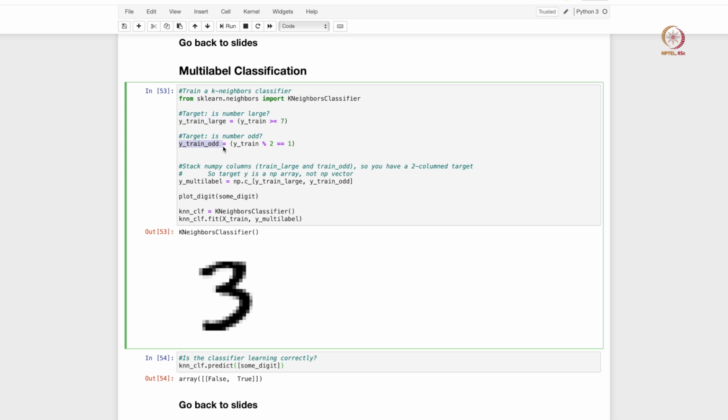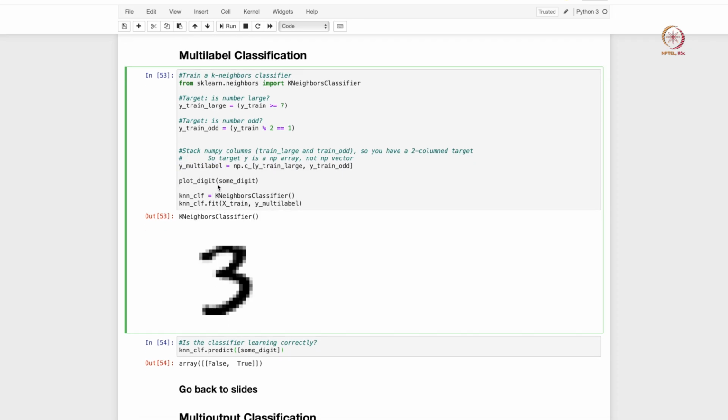We have now introduced 2 labels, and then we stack them as a 2 columned target array. Classically, whenever we fit our machine learning models we had one vector of targets, now we have an array of targets, so we have 2 columns. That is what this stacking line does, y underscore multi label. Then we are plotting a digit here, which is again a 3, so we will see whether the model is correctly predicting 3 to be a small number and an odd number.